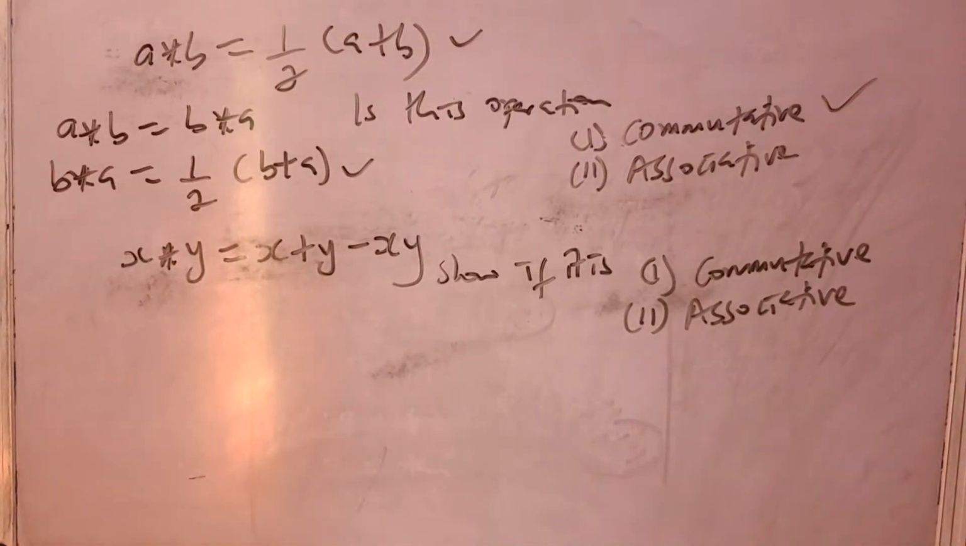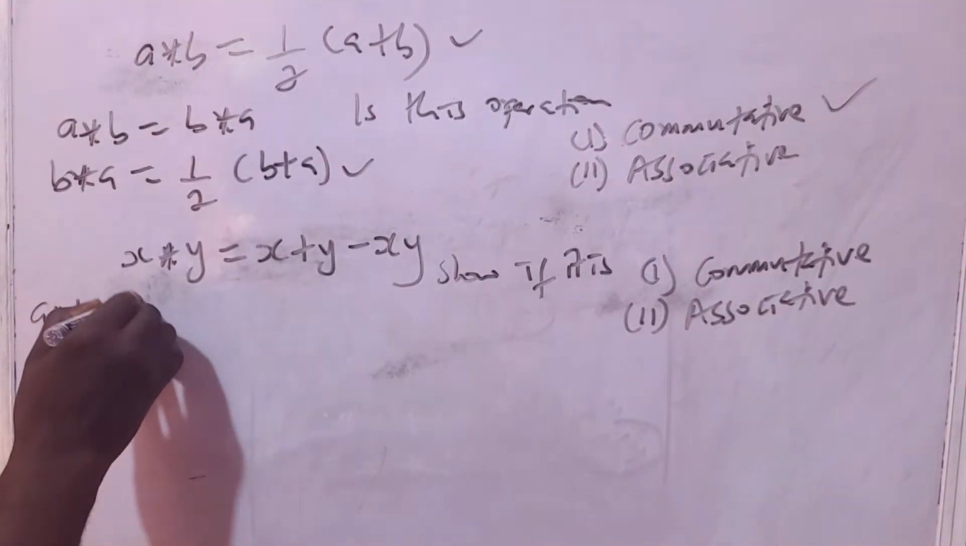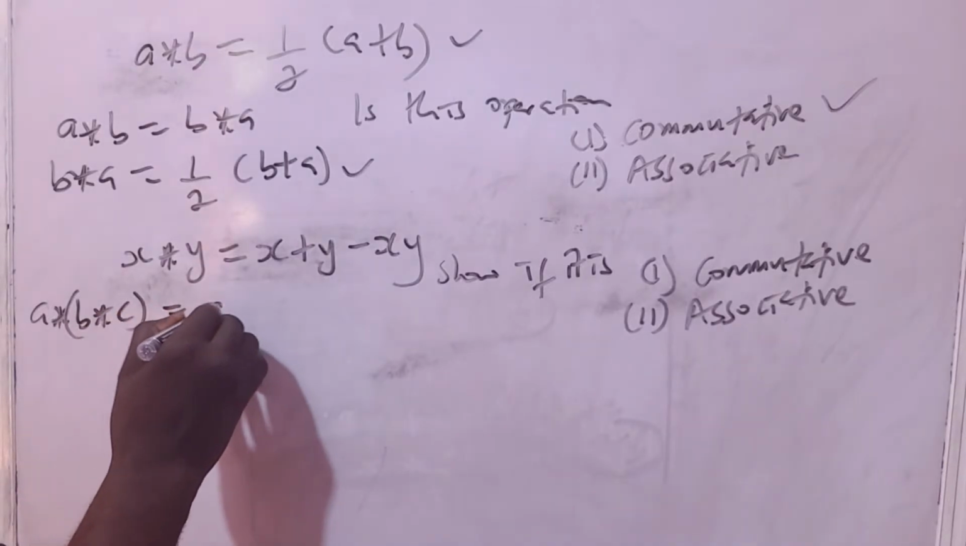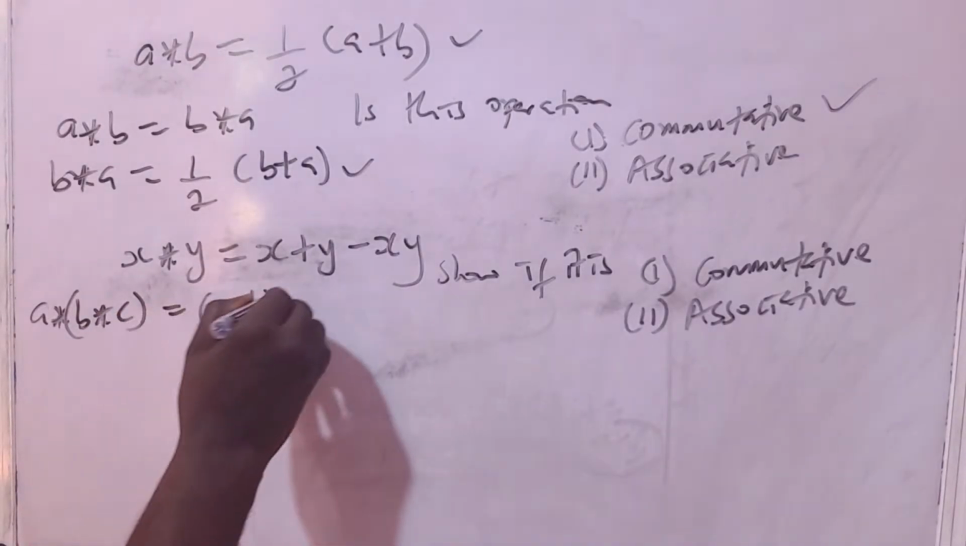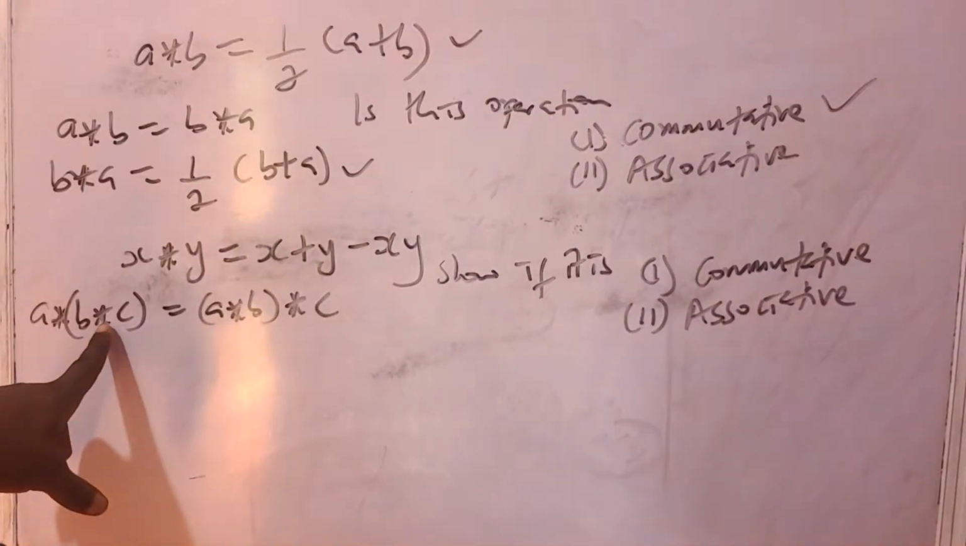Now the question is, is it associative? Of course, for being associative, I'm sure you know that the theory for associativity is that (A star B) star C should be equal to A star (B star C). I'm sure you agree with that, right? So if this is the case, we have to go on now and find, first of all,